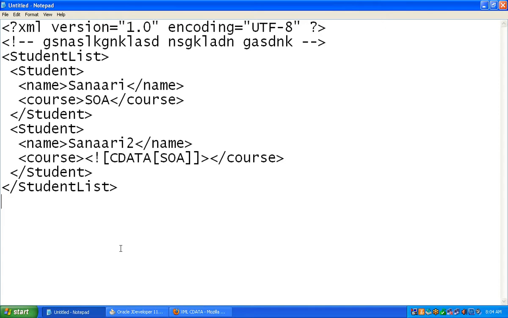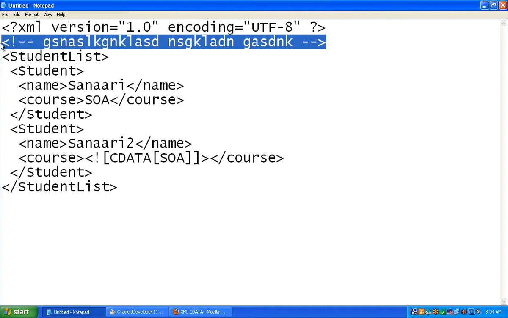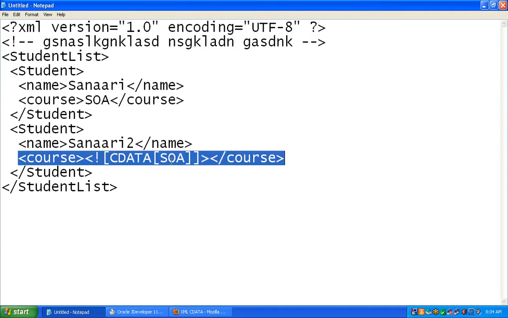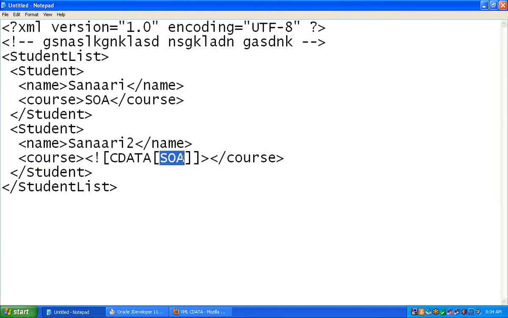So basically, CDATA is used for what? Escaping characters. Everything will be treated as a string, and it will not try to parse it as XML. All right. And this one is what? This one will completely escape it. This one is not even considered by the parser, but this guy is still considered. The SOA is still considered, but it is considered as data or text. Okay. Even though you have something called SOA,